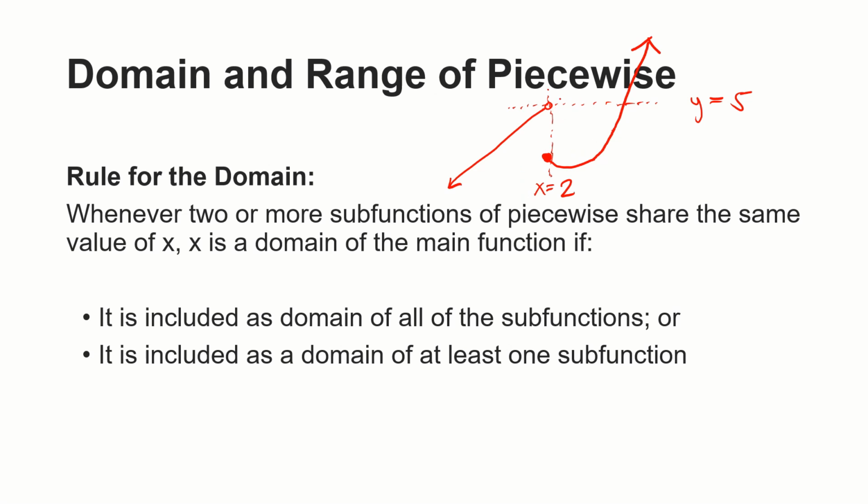So let's say for example we have this graph of our piecewise, and here at this point, this is at x is equal to 2, and this is our Cartesian plane. So if we look at this graph, according to this rule,